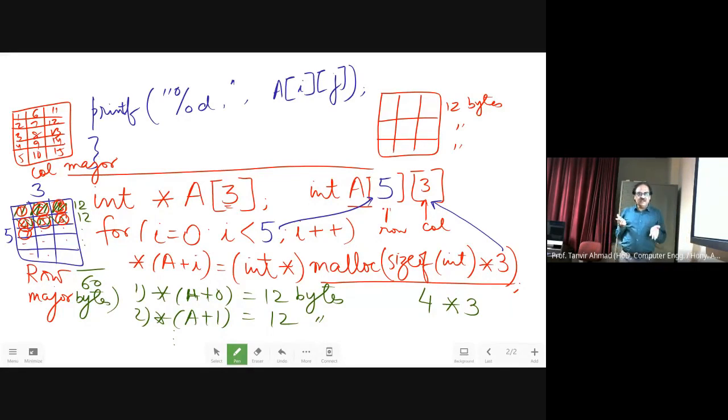Now, in the third case, once I am going to do this, I will be using it to allocate memory. In that case, what I will do is write a simple for loop.